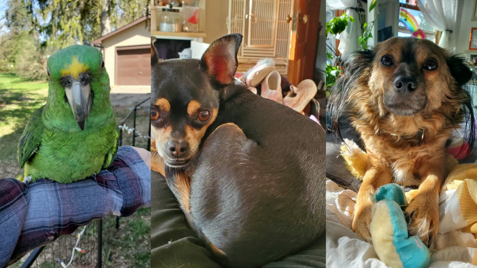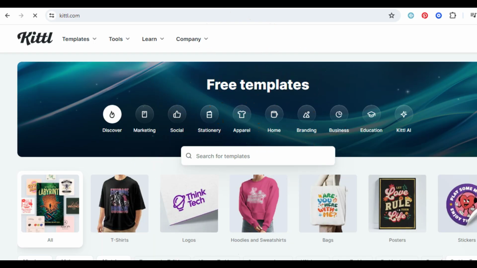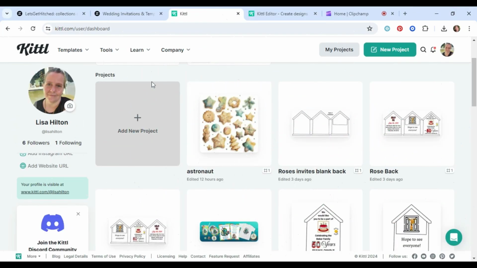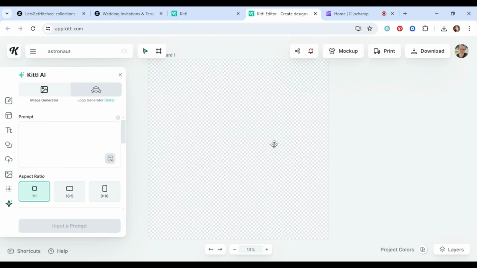So, okay, anyway, first off, I'm going to go here to Kittl. Kittl is the AI site I use for a lot of things. Now, if you paint by yourself and you do watercolor flowers or do your own art on your iPad or whatever, obviously you can use your own art. You can use photographs you've taken of the ocean or flowers, or you can make AI art. So I'm going to go here to Kittl, and I am going to make some